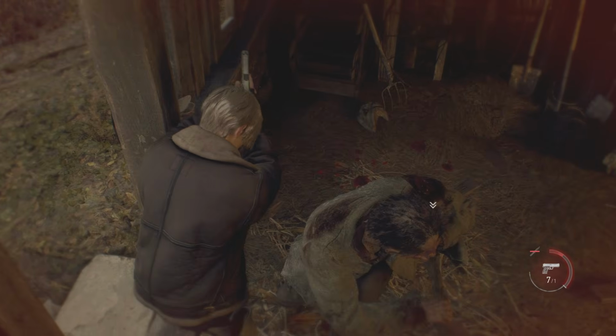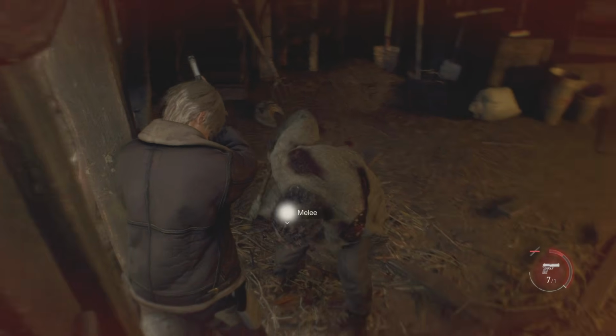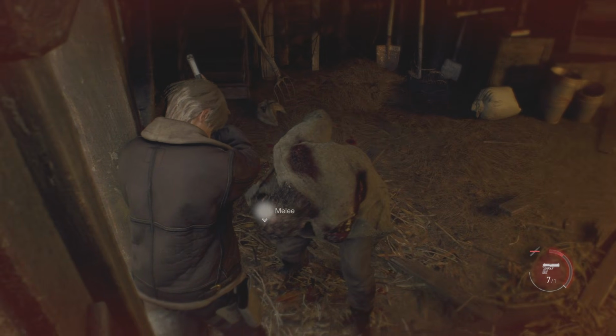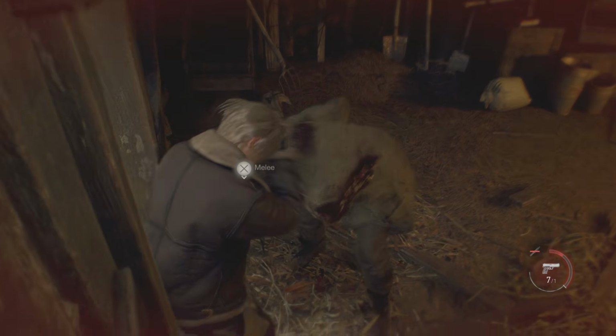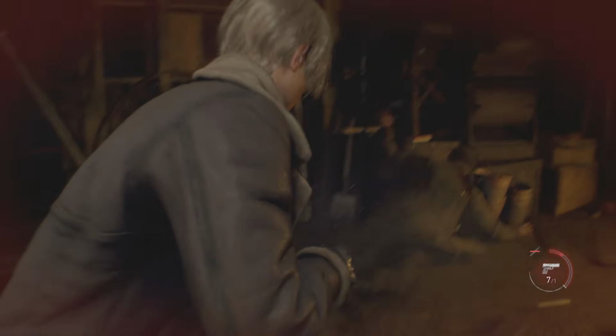I just want to quickly point out a little bit where Leon kicks a villager. Because the position that the villager might be in when Leon kicks them could be absolutely any position, there needs to be a transition from the end point of the last action and the starting point of the next action. Because this is 2023 and linear animation is a thing of the past. See what I did there?